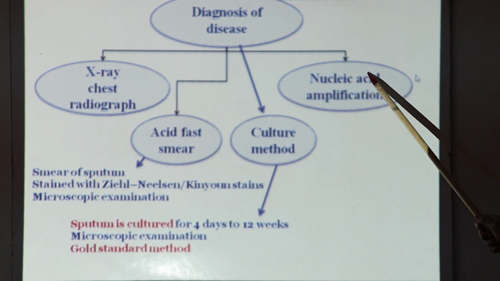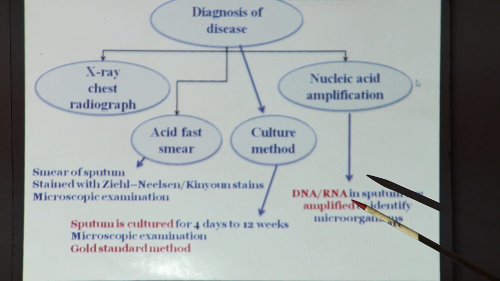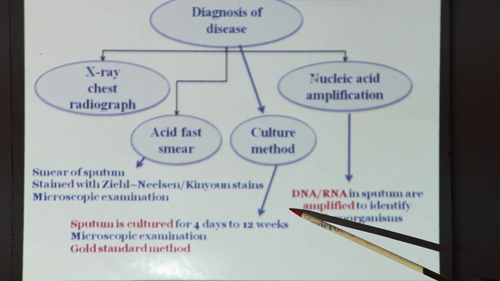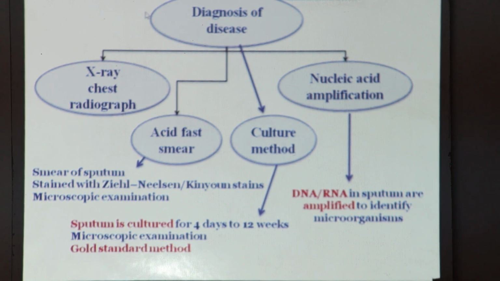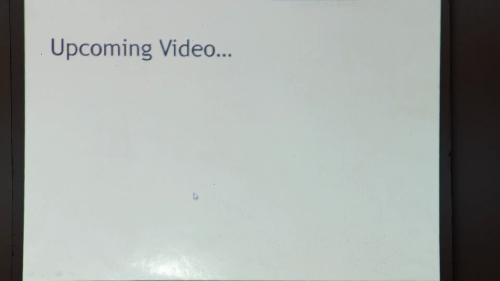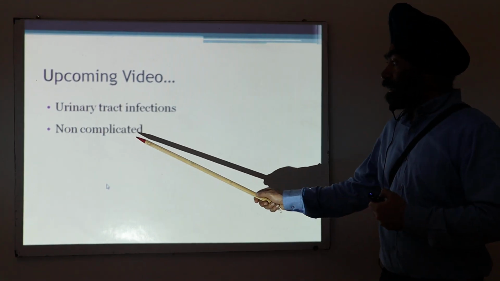Another method is nucleic acid amplification. What we do is take out the sputum, amplify the DNA or RNA in the sputum, and see whether it is DNA of the mycobacterium or not. So in the upcoming video, I will discuss urinary tract infections, non-complicated and complicated, these kinds of